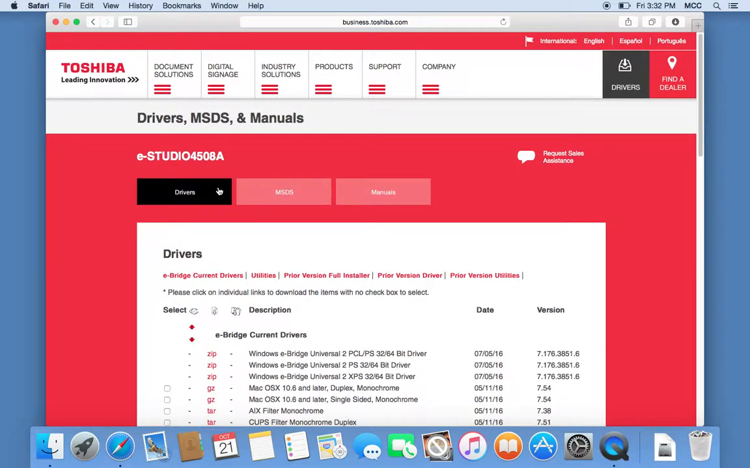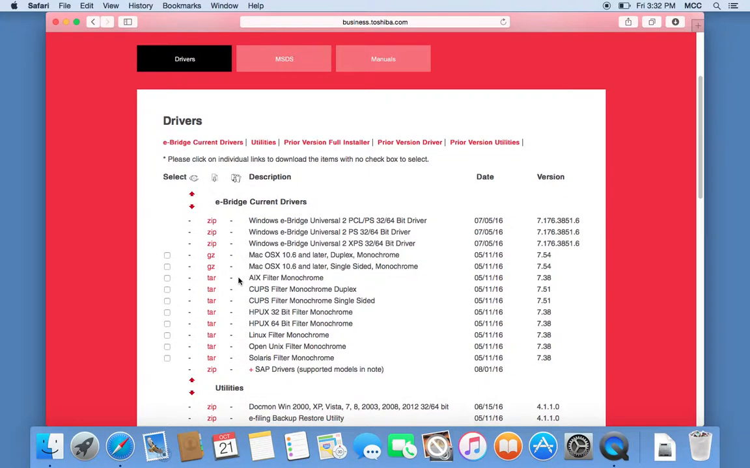4508s. So this gives us black and white Toshiba 4508, and we will be looking at the GZ files here because we're looking at Mac OS X 10.6 or later. This is why it was important for us to look at About This Mac to see what version we're running. So if for some reason it is before 10.6, say you run into something that's 10.5, there's